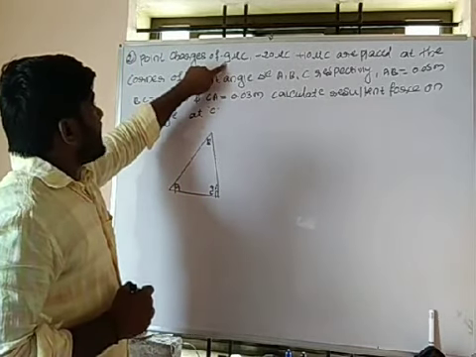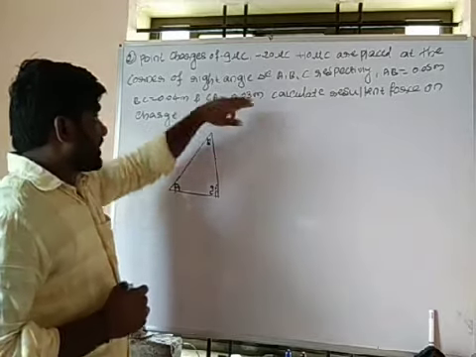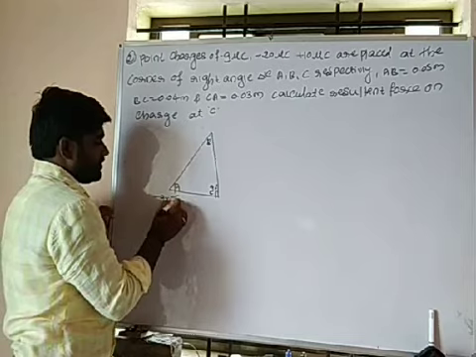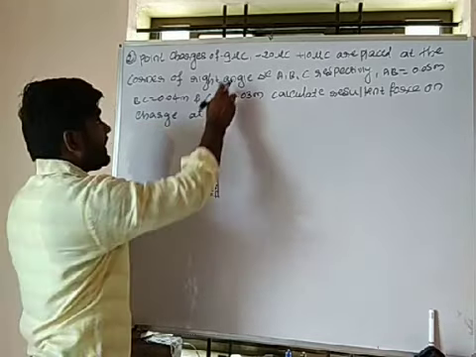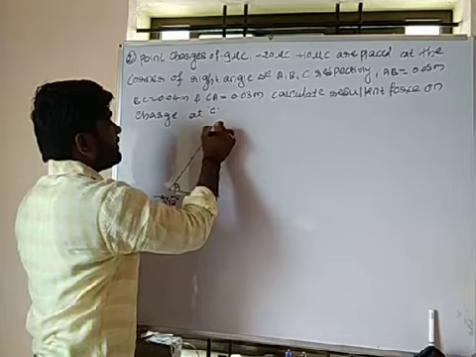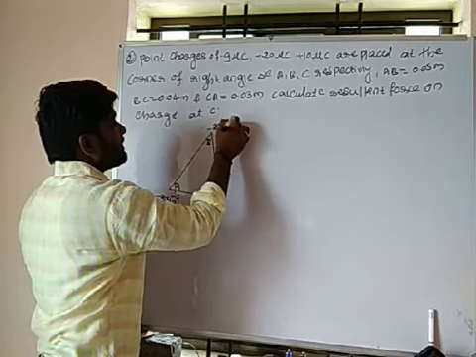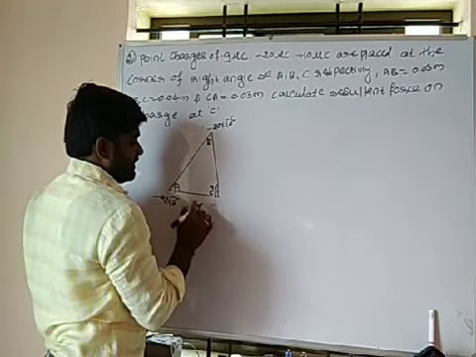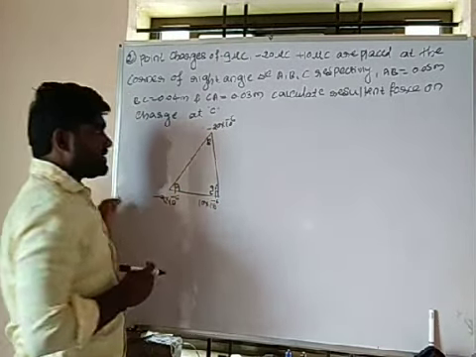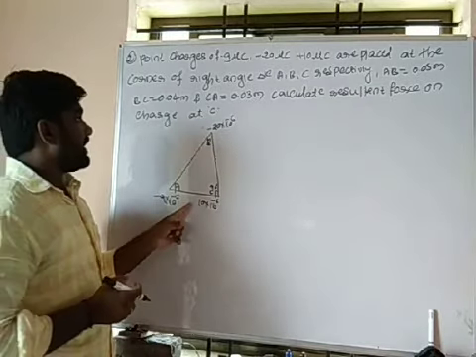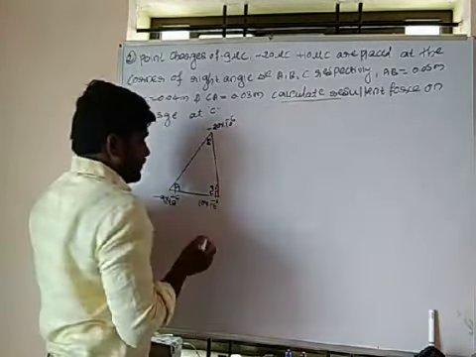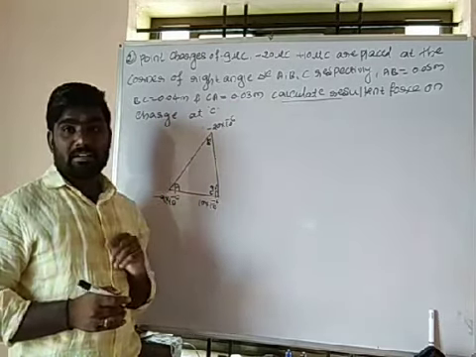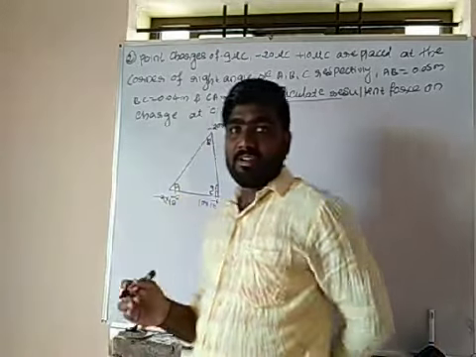Three charges, minus 9 microcoulomb respectively. Respectively means A, B, C. It will be minus 9 into 10 to the power minus 6. Again here minus 20 into 10 to the power minus 6. C will be 10 microcoulomb, which is 10 into 10 to the power minus 6. Then calculate the resultant force on C. At this point I want to calculate the resultant force. How to calculate here?